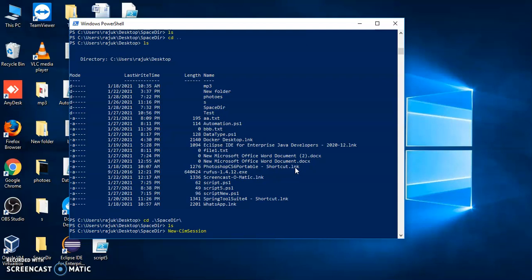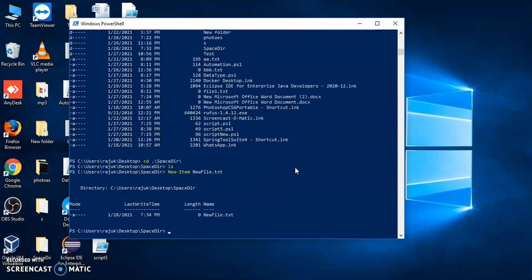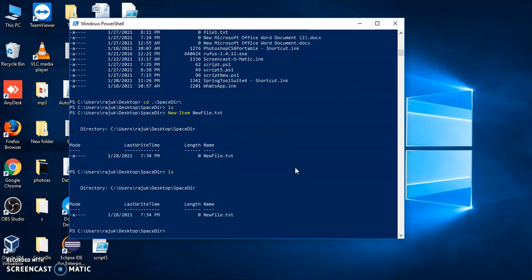Like this we will keep hitting until we get that command. Okay, now we got the command which we want. As we have pressed enter, the file is created. We can see this is that file.